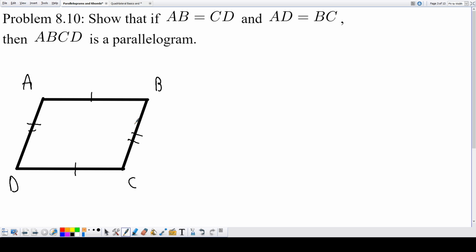Now, in order to show that ABCD is a parallelogram, we need to prove that the opposite sides are parallel. Once we have done that, we can complete our proof. Now, to show that lines are parallel, we have to show that one of those parallel line properties is true, like the fact that alternate interior angles are congruent, or that same side interior angles are supplementary, or something like that. Well, in the previous problem, we showed that